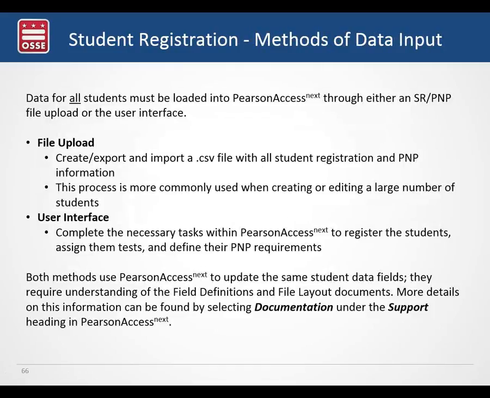So to update student registrations, you can either do a file upload, an import, export, and again, this is the same as last year, or you may just go through Pearson Access Next and do it all through the UI, student by student. Really the rule of thumb is if you need to do a bulk upload, you would want